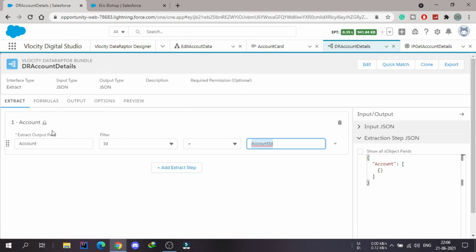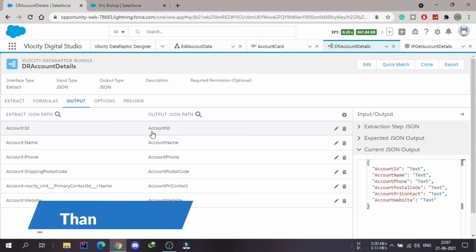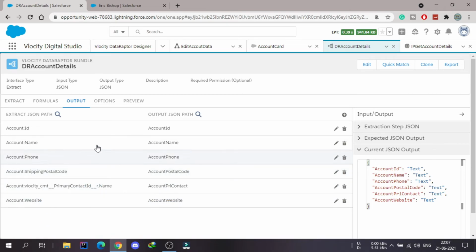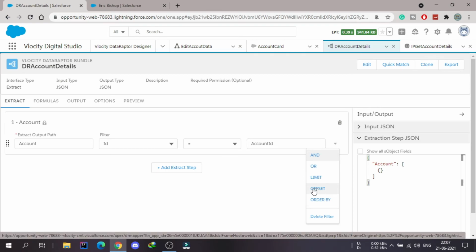From means from account where ID is equal to this ID, and we get the fields from here, whatever fields we want will be included in the select. So select account ID, name, phone, postal code, primary contact, website from the account where ID is equal to account ID. We can also add many more things here, like the order by, the offset, the limit, and the OR condition.